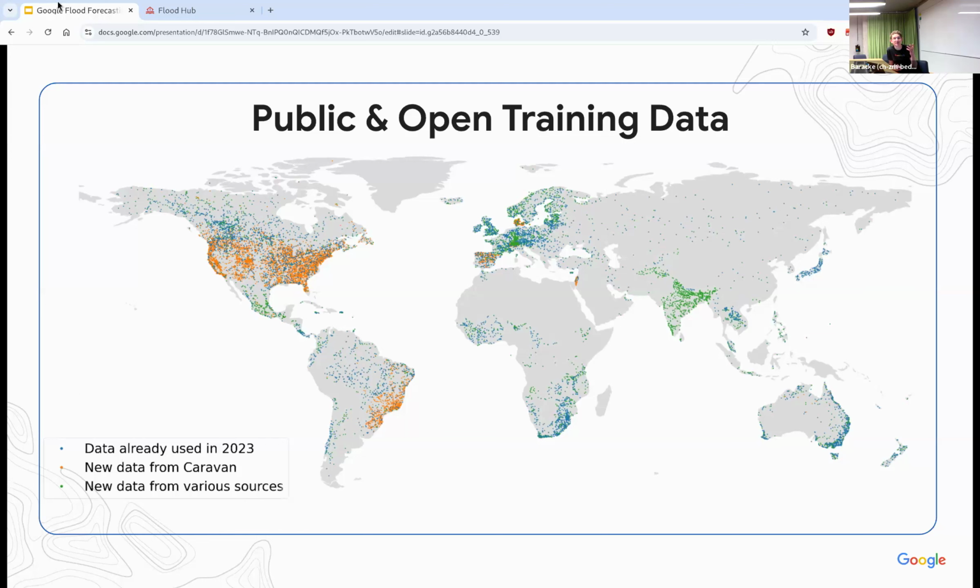And so what you see on this plot is the evolution of our training data, where all of the blue dots are the places that we had in the last major launch in 2023. And then we have added a lot of additional gauges from various sources, but most notably, one of those sources is the Caravan project. If you haven't heard of Caravan before, what Caravan is, is a community-driven data collection